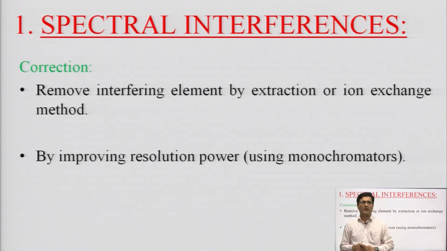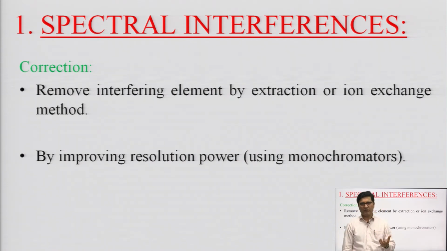So, what can we do? There are two approaches that can be used to rectify this kind of interference or to improve our results. One is extraction. If we are aware that we may have a particular type of impurity, it can be removed by a chemical or physical extraction method, or by some ion exchange method. And if we are not aware of it and cannot separate it, it would be better to increase the resolving power of the instrument. For that, we can improve the dispersion element.